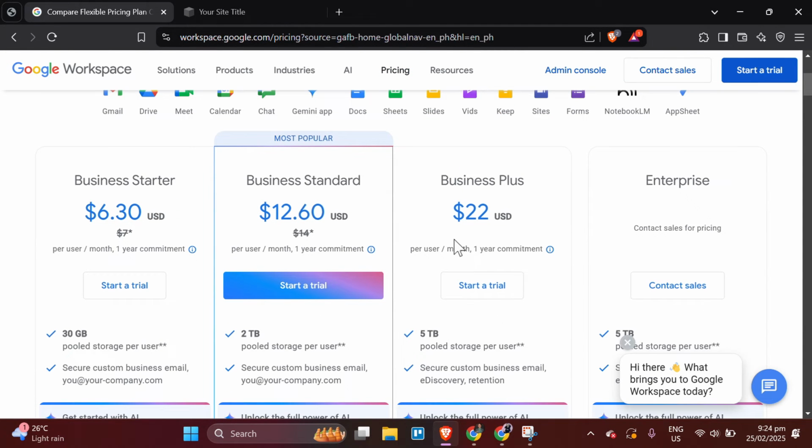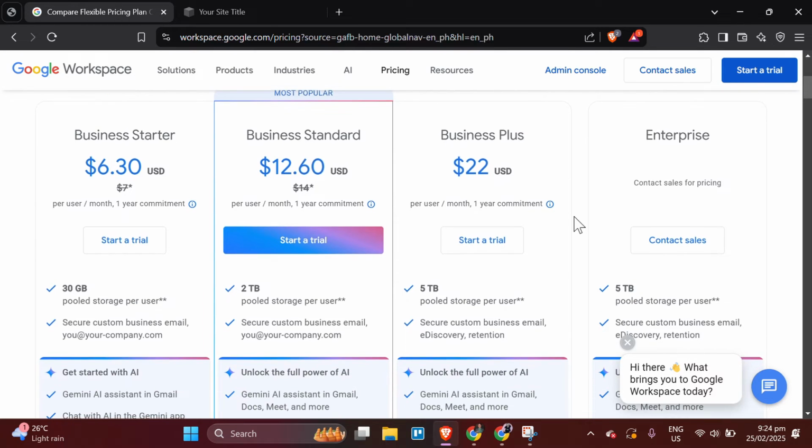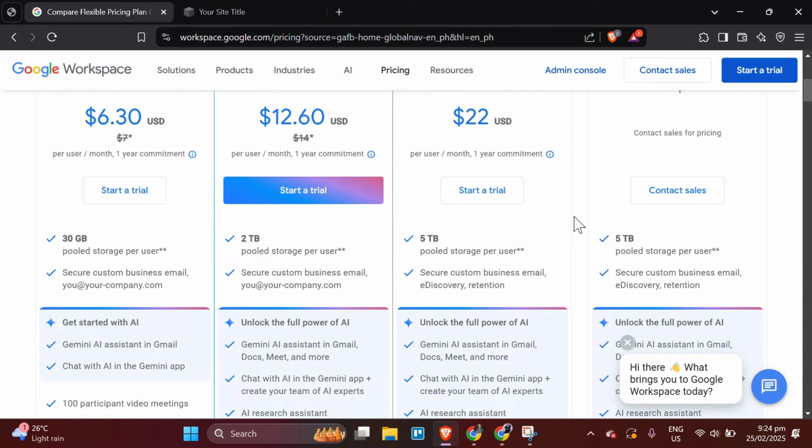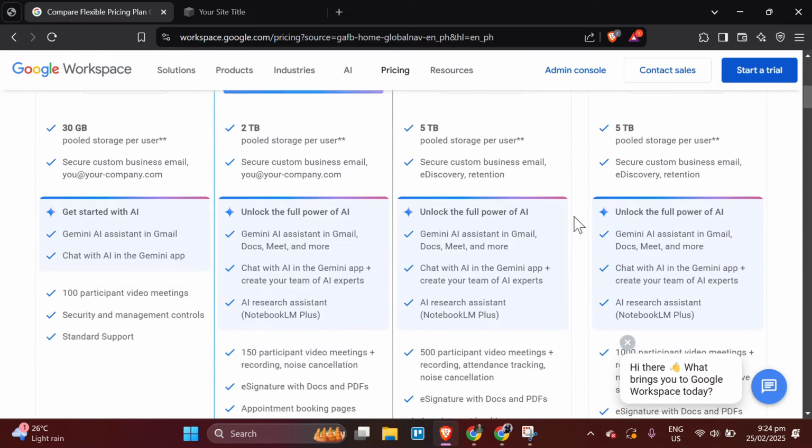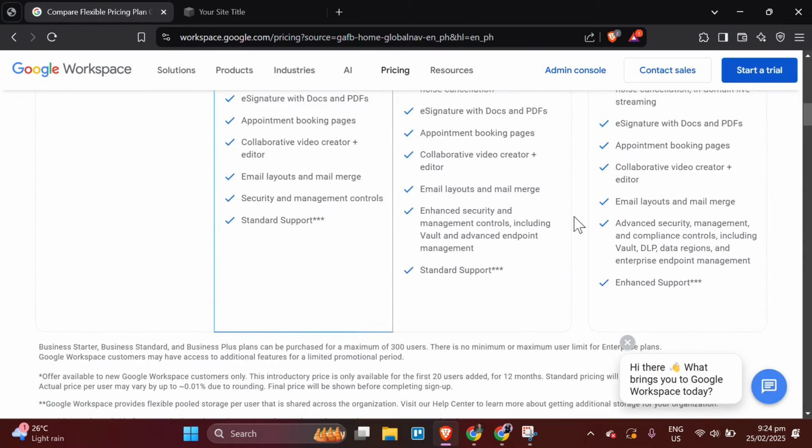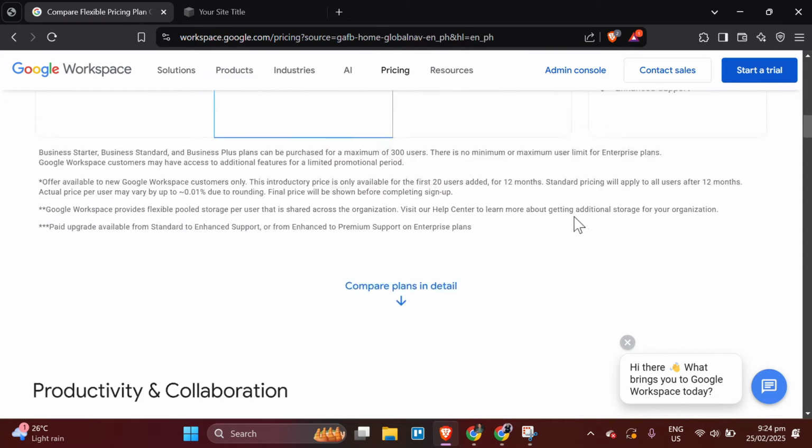You can try Google Workspace for 14 days to take Gemini for a test drive. The most popular plan, which I am using right now, is the Business Standard at $12.60 per month. This gives you all these features: custom secure business email, 150 participant video meetings with recordings, 2 terabytes of storage per user, security and management controls, and meetings with recordings,